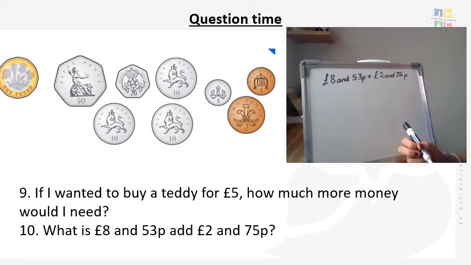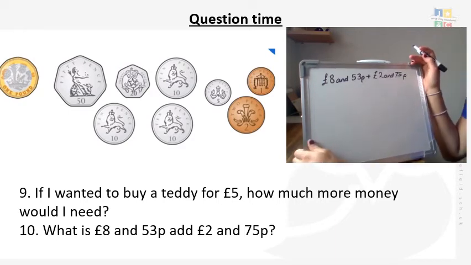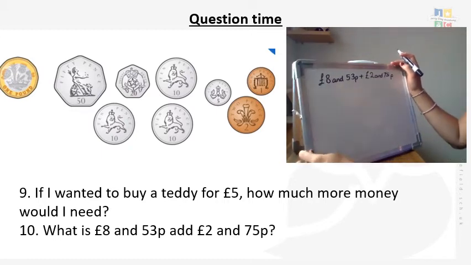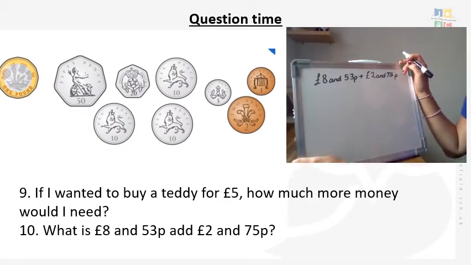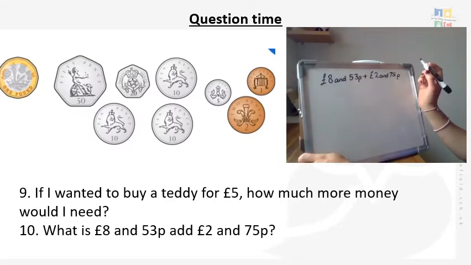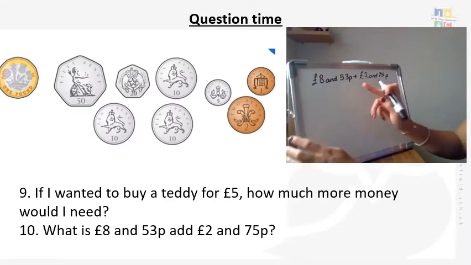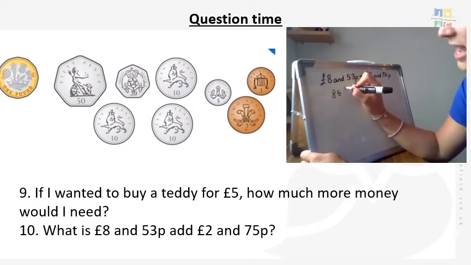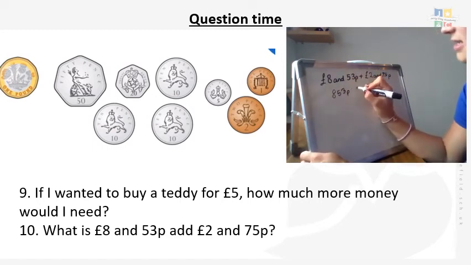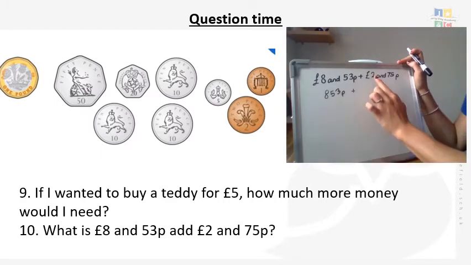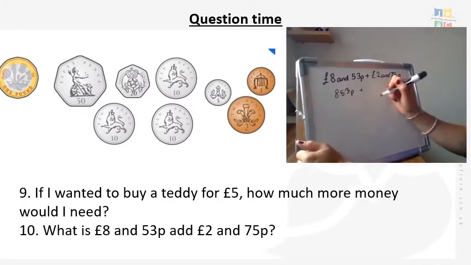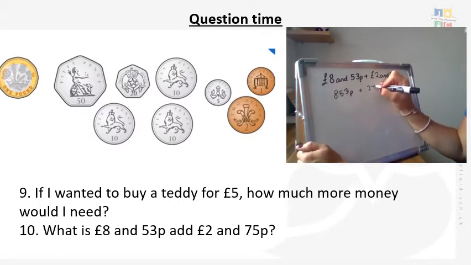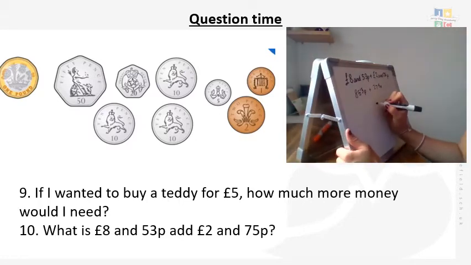Okay, and the final question, you are adding £8.53 to £2.75. Now you could add your pounds and then add your pence. Alternatively, what we could do is we could convert them all into pence. So in £1 there is 100 pence, so in £8 there's going to be 800 pence, and your 53, so it will be 853 pence. Add, there's 100 pence in a pound, so in £2 there's 200 pence, so add 275 pence. So if I now add those two numbers together